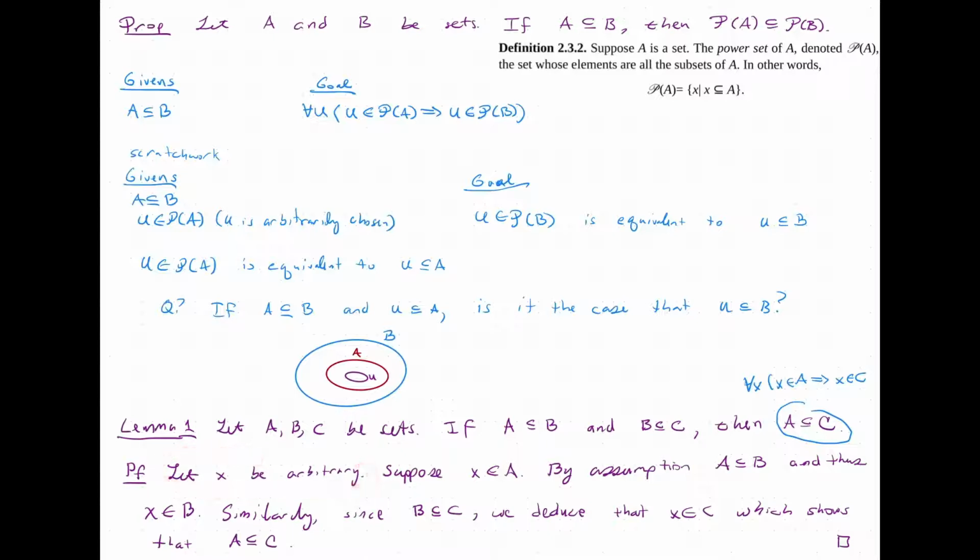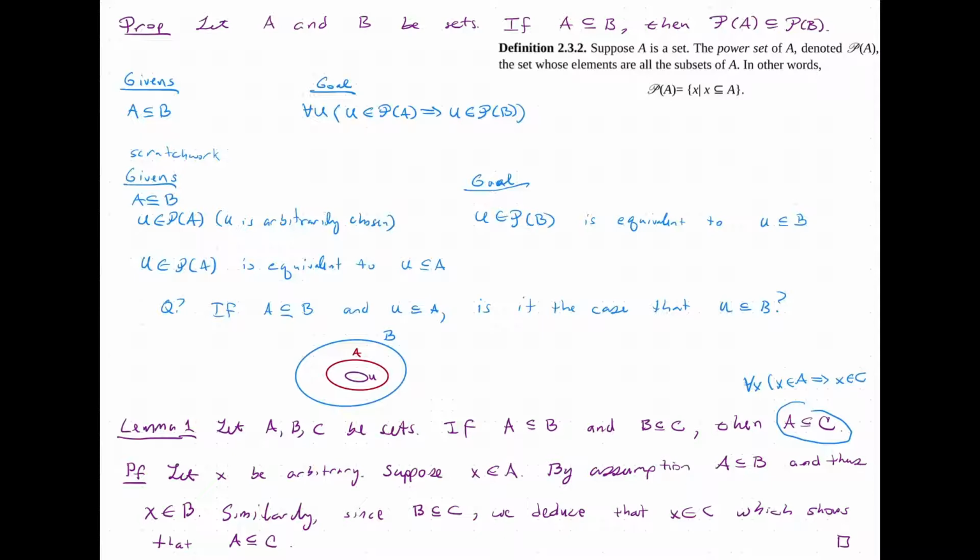Now, some commentary on Velleman's proof writing style. So he writes, and I wrote it, and I'm following his writing in this proof, where he says, let x be arbitrary, and suppose x is in A afterwards. If you omit let x be arbitrary, that is perfectly fine. Because when you say, suppose that x is in A, that's the first time you're specifying x, and so you're choosing some arbitrary x within A. And so this sentence can be omitted, and we simply can say, suppose x is in A, and it is understood that we're choosing some arbitrary element of A. And so now we have our lemma.